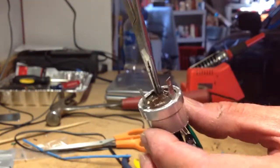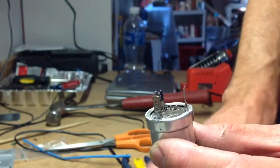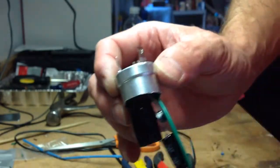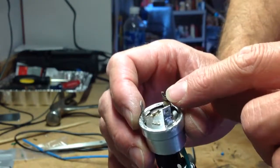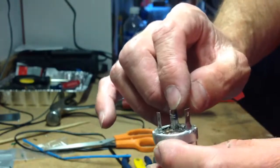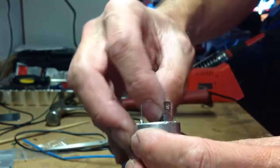I'm grabbing onto it with my hemostat there. It's right there, right next to this post. And the other two negatives are connected to it. So they're all going to this post, the one I talked about earlier. And once I get the can in place and twist these lugs, then I will connect that